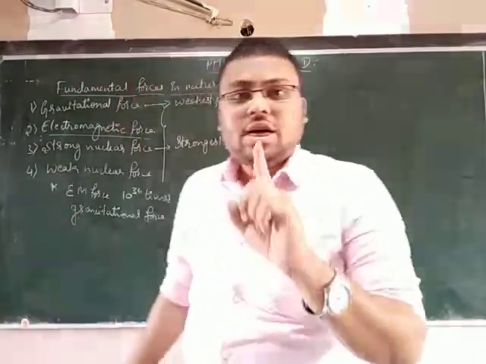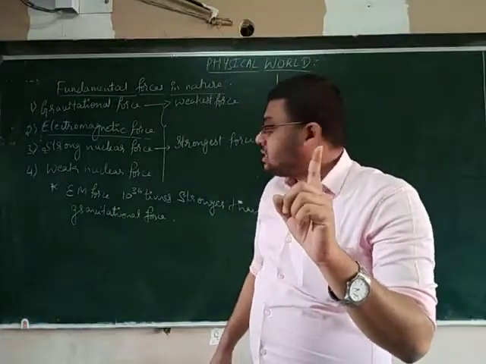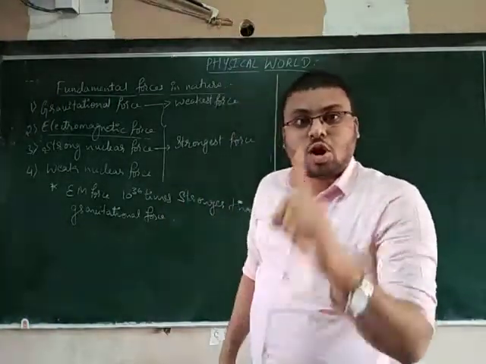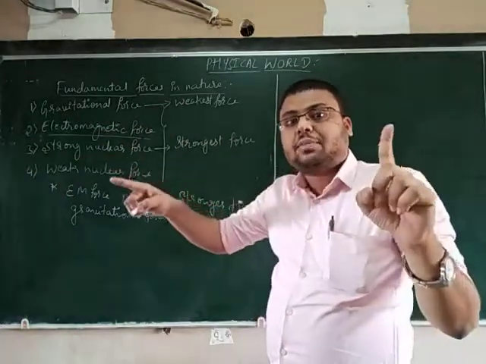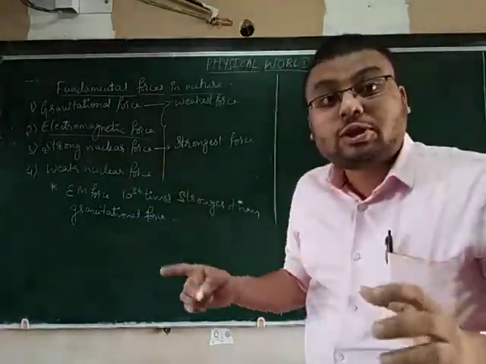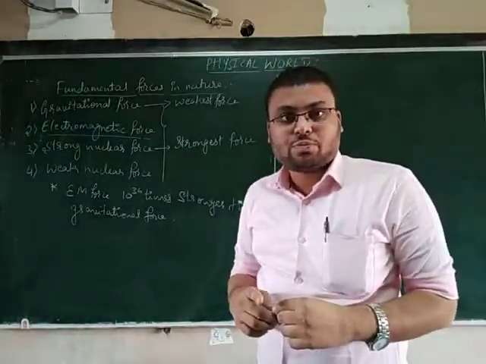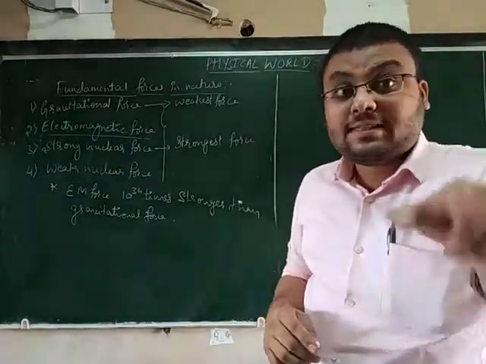This electromagnetic force is a stronger force than the gravitational force. How much stronger? It is 10 to the power 36 times stronger, that means 36 zeros in front. That many times this electromagnetic force is stronger than the gravitational force. Is it clear? And then next,